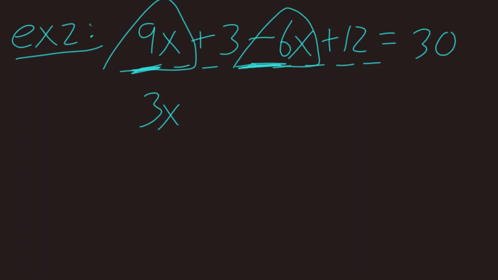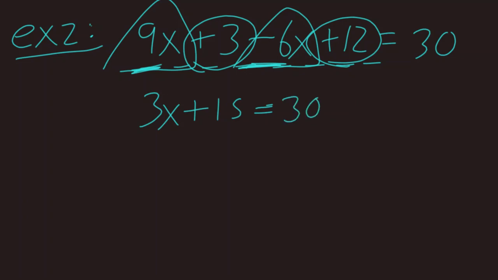Now here we have plus 3 and plus 12, and they're both constants. They don't have a letter with them or a variable. And what is 3 plus 12? Well, that would be 15 is equal to 30. Now at this point, I can draw my PEMDAS because I'm trying to get the x by itself. And remember, we're doing this in the opposite order. And so we see our multiplication, we see our addition, and we know we have to get rid of the